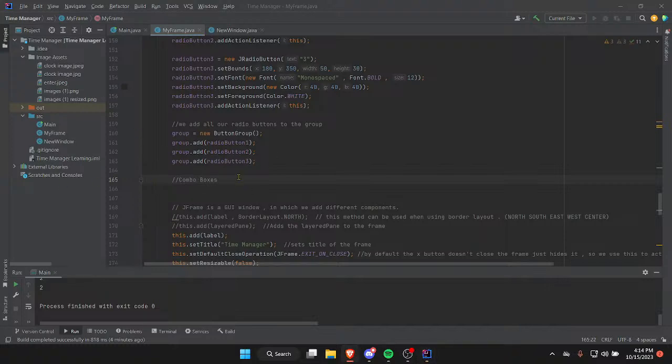Alright, all you wonderful people, let's discuss JComboBoxes. This is a GUI component that combines a button or editable field and a drop-down list. We can create a drop-down list and select one of a few different items. So before we begin, here's my setup. I have 2 classes, a main class that contains my main method, and then a